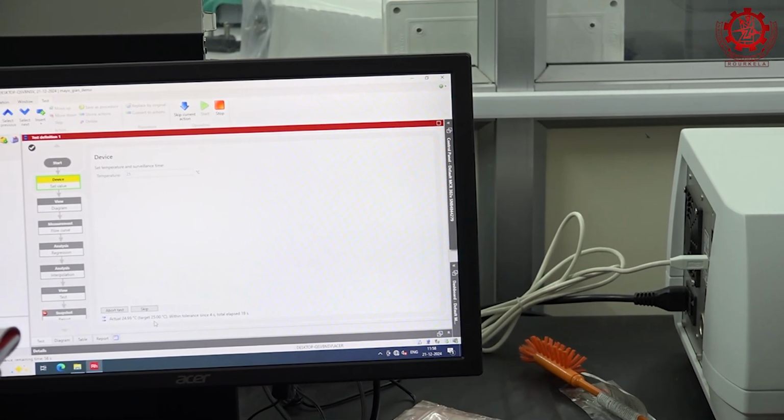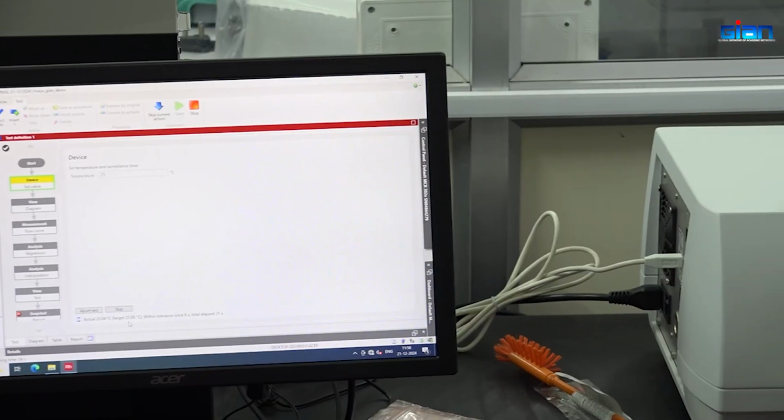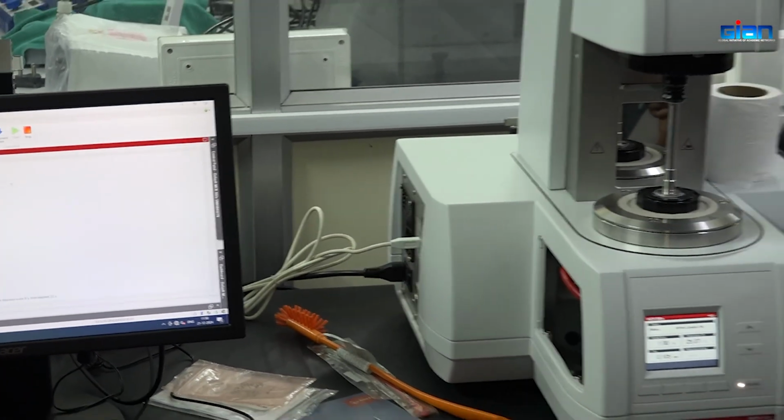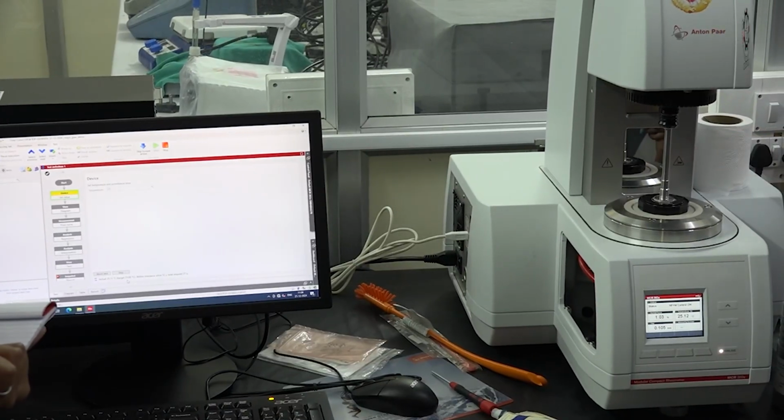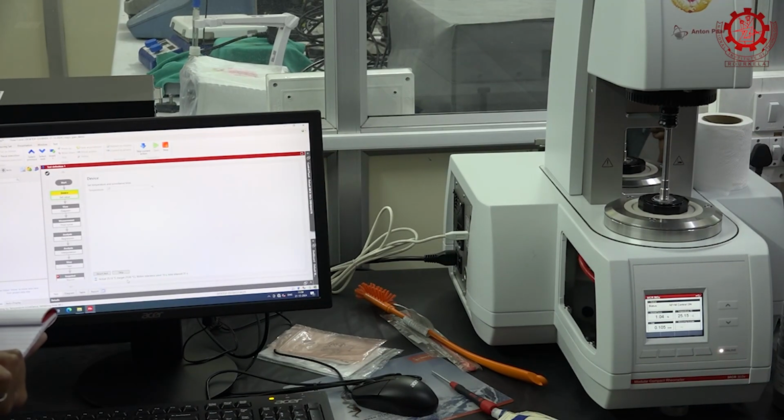So this is a static rheology test, which means it will give rotational, this is a rotational test. The dynamic one is the oscillatory. Oscillatory means the probe will oscillate. In this, the probe will rotate at a shear rate. In that case, it will oscillate. So in oscillatory, we have two tests. One is amplitude sweep and another one is the frequency sweep.